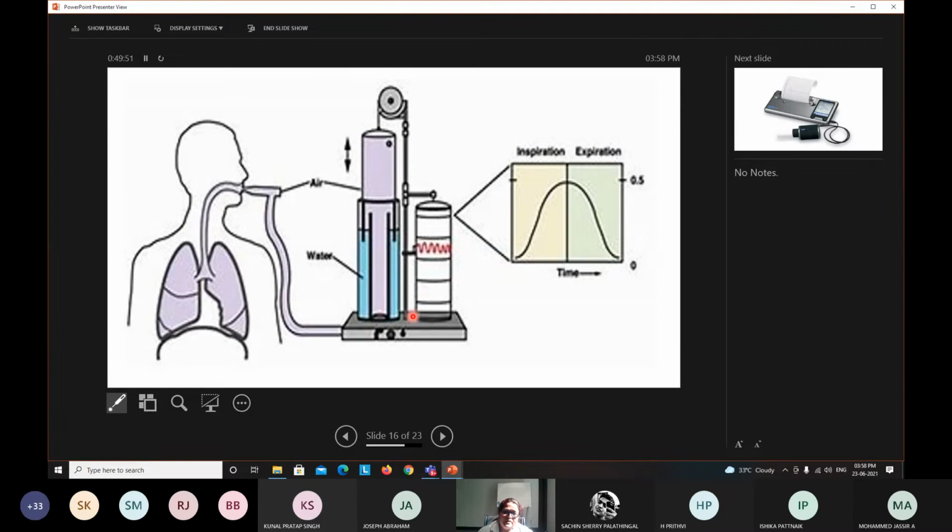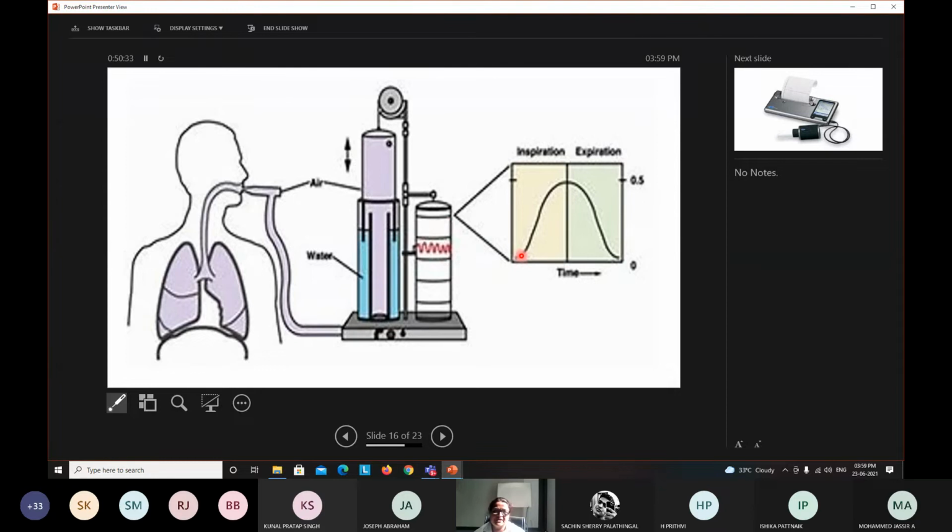Then it is connected to the counterweight here. The bell is connected to the counterweight, which is here in this. There is attachment of a pen to the same chain which moves up and down along with the movements of the bell. So this pen will be made to write over the graph paper attached here on this cylinder, moving cylinder. So this graph paper, I'll describe about it, will be pasted over the cylinder, and this pen will go on moving up and down and giving the markings.